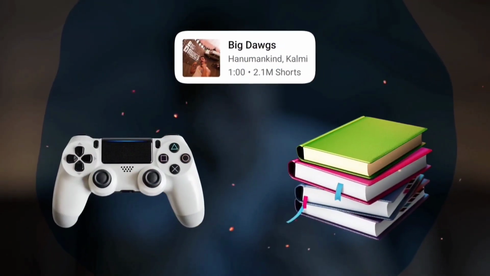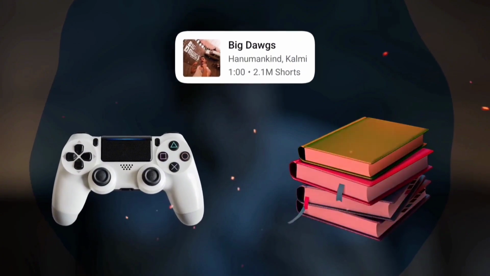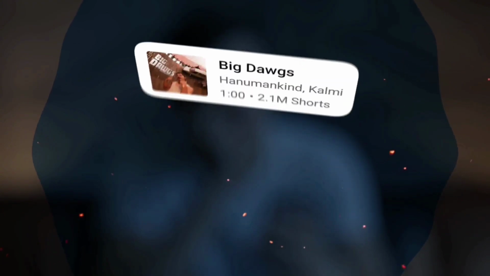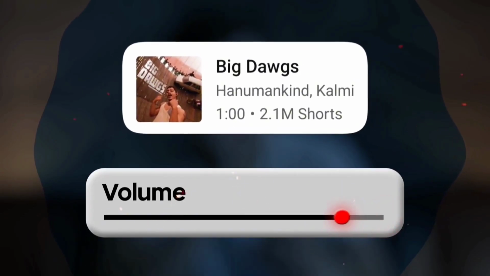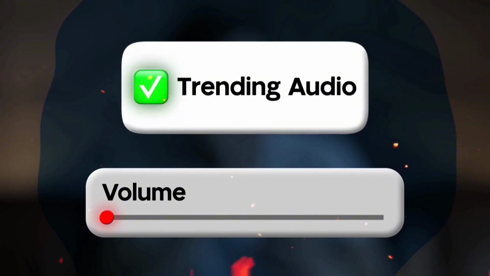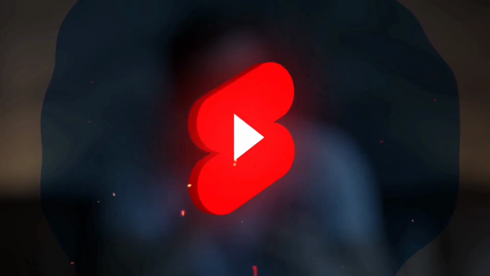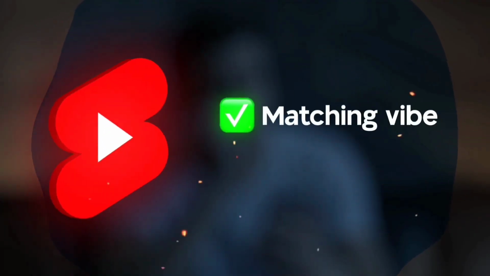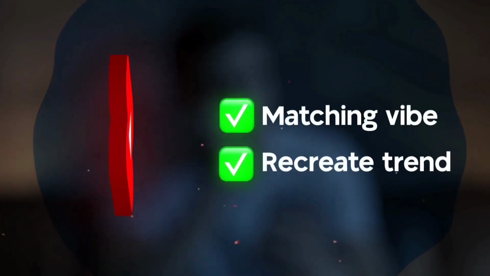But if your video is in the educational category, then rap music will not fit it very well at all, and viewers will likely skip your short. In that case, a lot of creators will tell you that you can add a sound and set its volume to 0. This way you can still use trending audio and nobody will actually hear the music. But honestly, if it were really that simple, then everyone would do it and go viral. So only use a sound if it truly matches your video's vibe, or if it's a trend you genuinely want